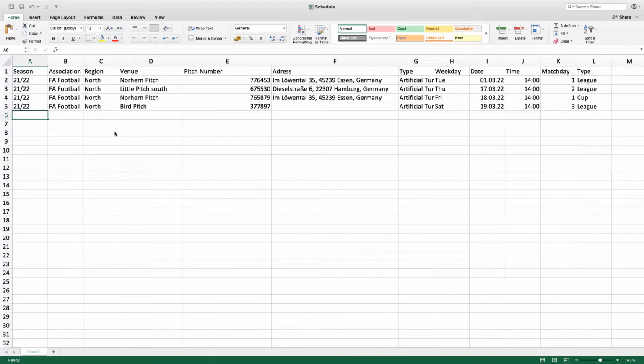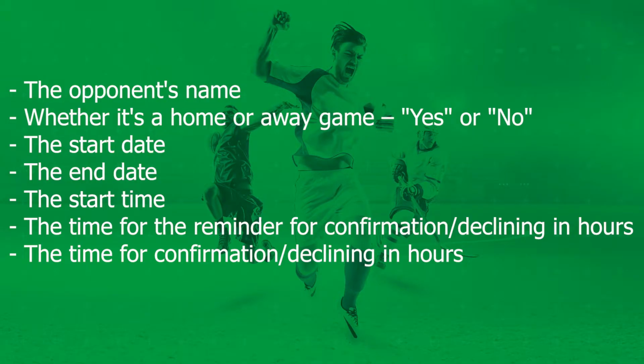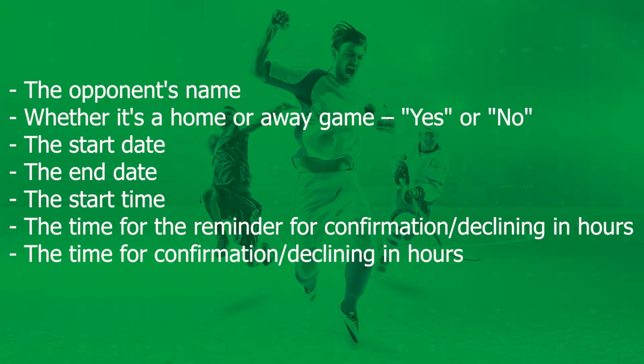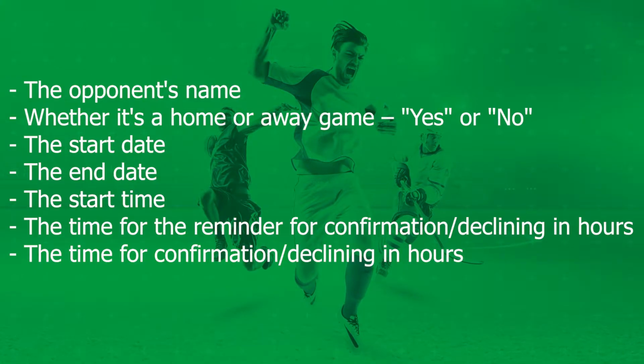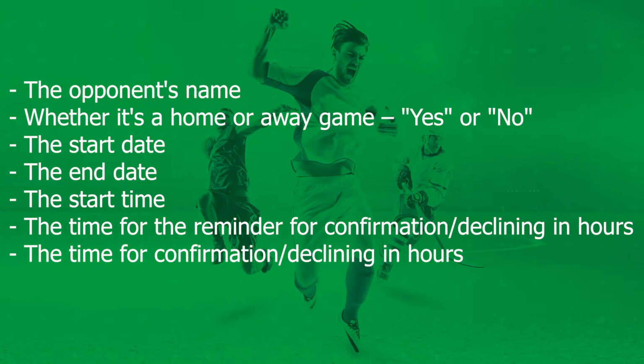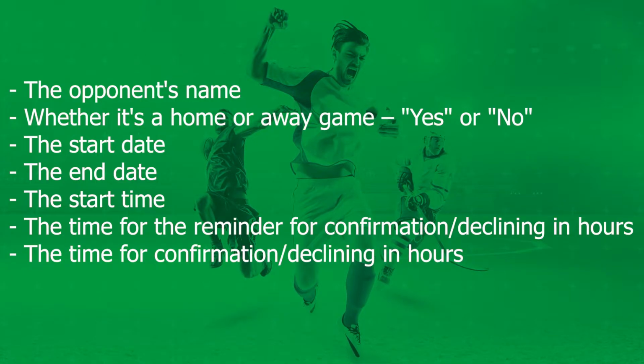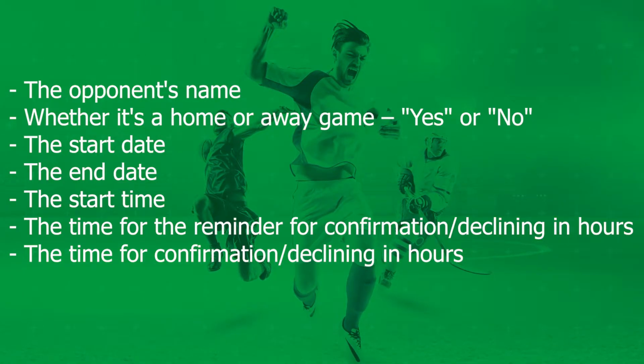I've opened a file here like one that you may have received from your association. It contains a lot of information, not all of which is important for PlayerPlus. And there are probably some items necessary for an import that are missing. Your file must include the following information for the import to work: the opponent's name, whether it's a home or away game with yes or no, the start date, the end date, the start time, the time for the reminder